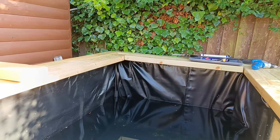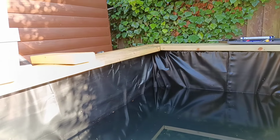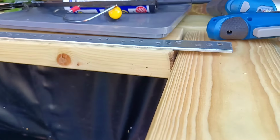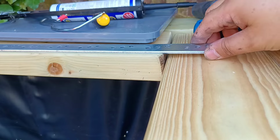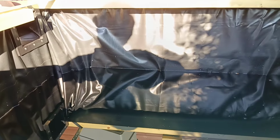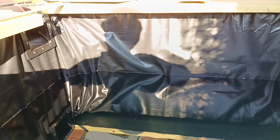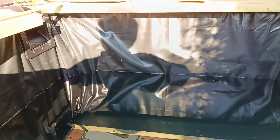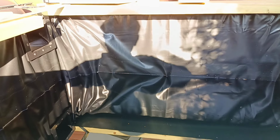So let's go and see if those braces will actually fit. And there you go, they do fit. Only going to have 3 holes to screw into, and that side is going to have just a bar. So yeah, we'll have to see if we've got enough